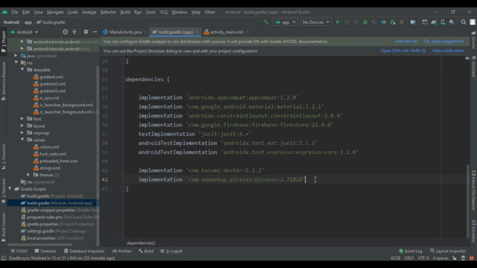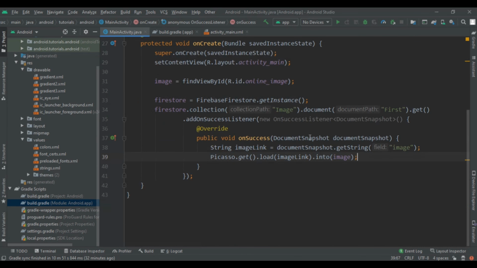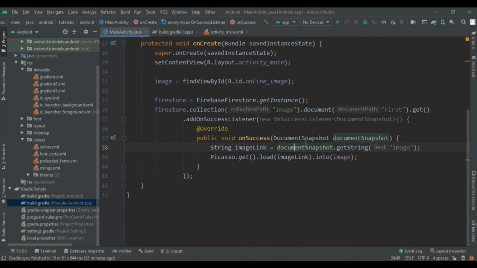By this we can convert an image URL to an image view. That we had learned in our previous video. So in this we are going to add Picasso.get, load image link into image. So by this we are going to get the image from Firebase Firestore to our application.